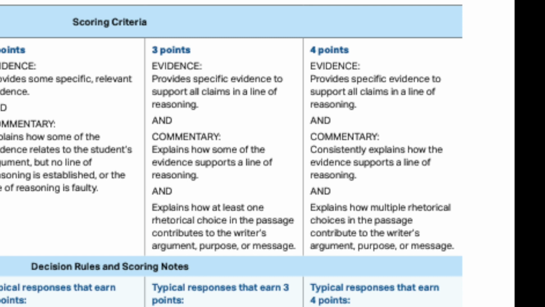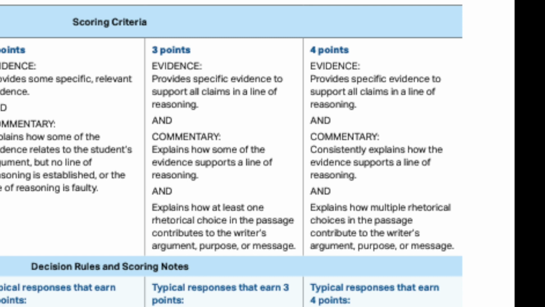So now if you think about what we've set up here, you're going to have 3 rhetorical choices or 2 rhetorical choices that will address the writer's argument or purpose. So here is a mode that they use, compare, contrast. Here's a device they used, a metaphor. And then you're going to tie it back to the relationship, and that's going to get you at least the 3-point range. Now, 4 points, the big differentiator between 3 and 4, look at that last part of the 4-point box,